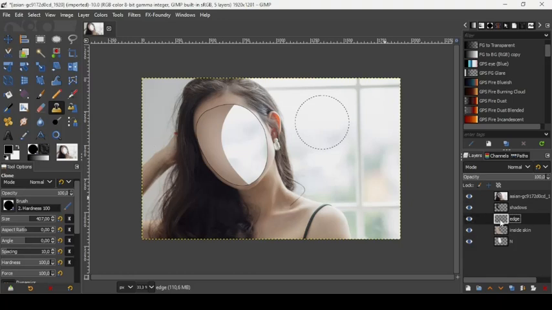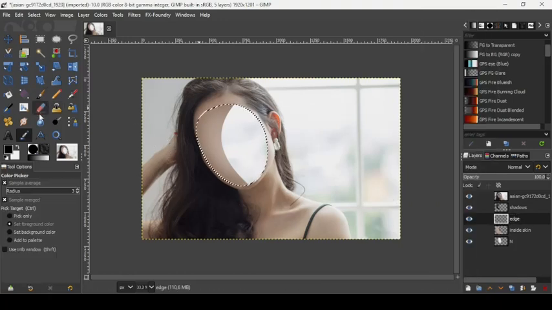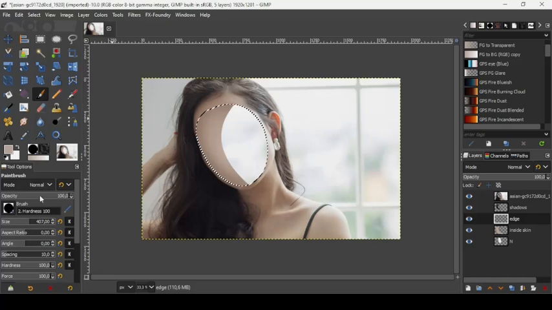Right click on it, alpha to selection to select it here. So now I'm going to use the color picker tool here. I will pick a color from the skin here. I will take light color here, and then take the paintbrush tool. I'm going to reduce the hardness and the force here to 30 around, and then paint this side here like